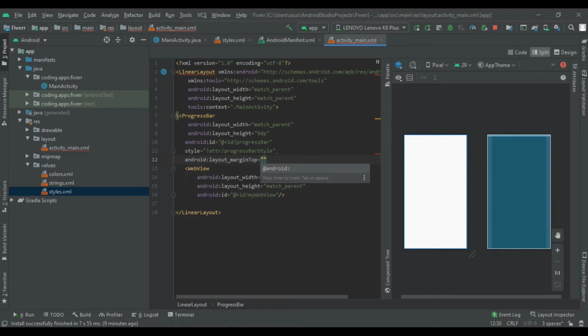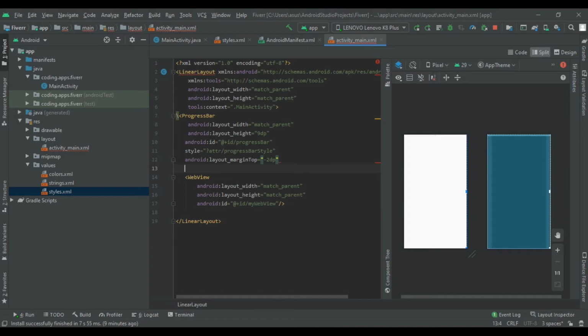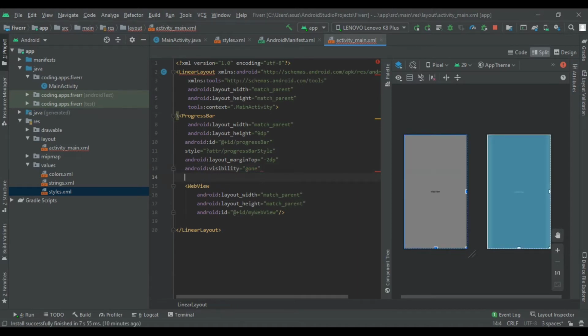Now we are going to write the visibility, which will be gone. Now we write an int value to show how much it should progress, so progress is equal to 20.